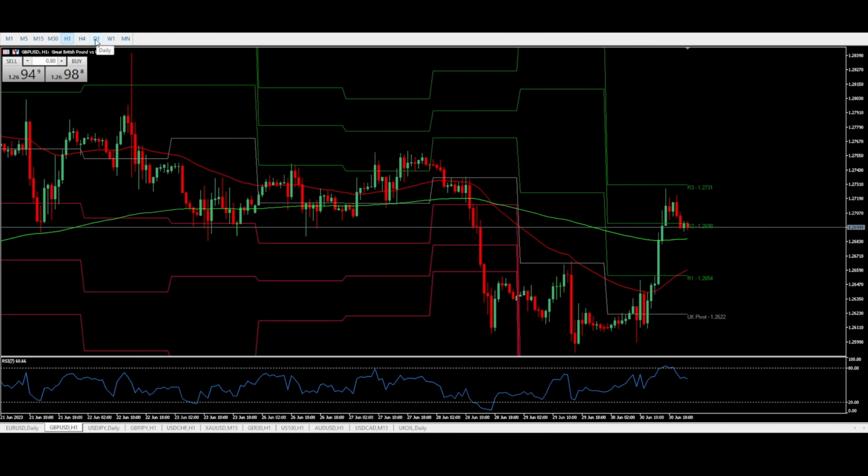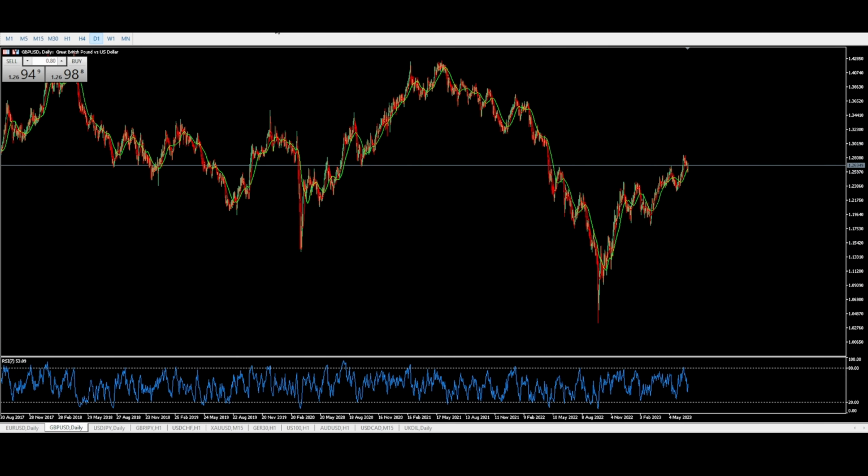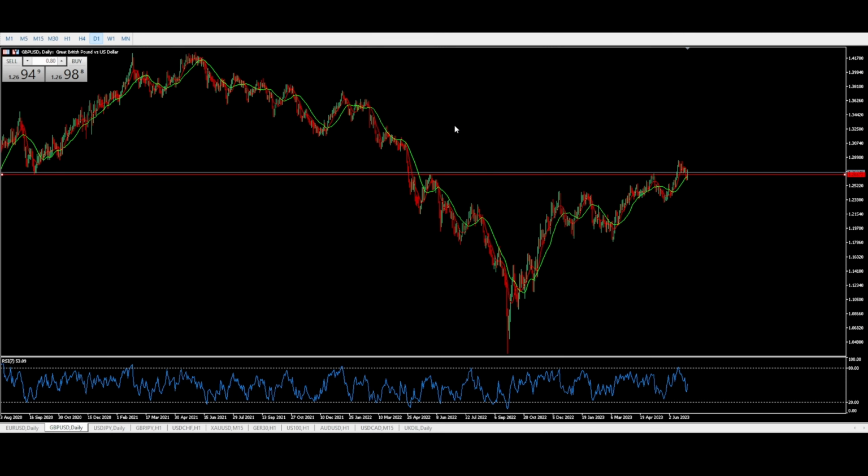If we now move on to the pound US dollar, cable, we can see a pretty similar thing here, except the only difference is the previous resistance line that was around about here was broken, and we've seen a retracement back down to this EMA zone here. Now, I'm very, very bullish on cable. I think there is a lot of potential to the upside for this pair since it's broken out of this last resistance zone. The next target we can probably see for this price level is around about here,